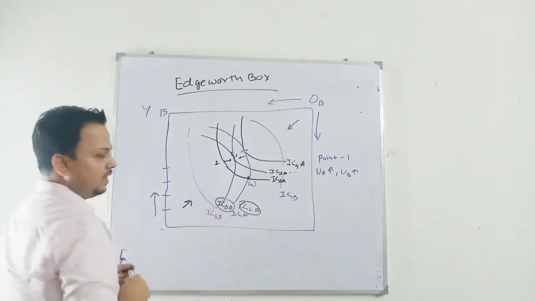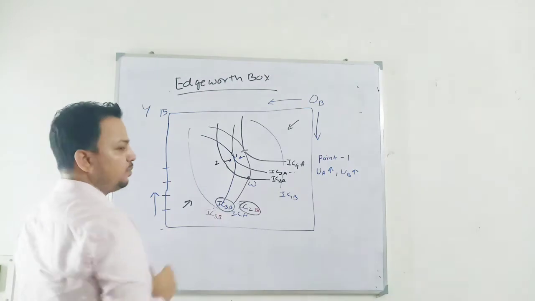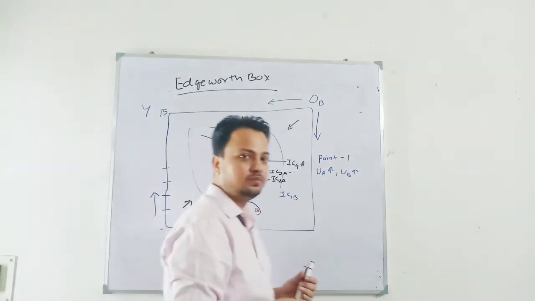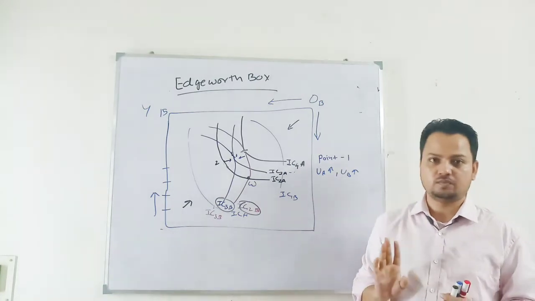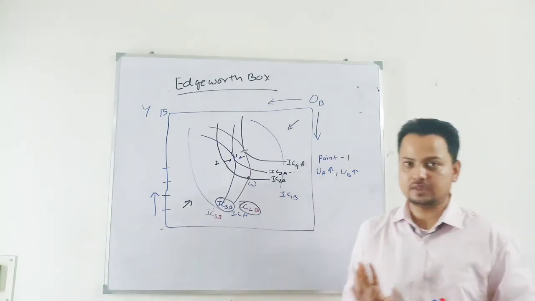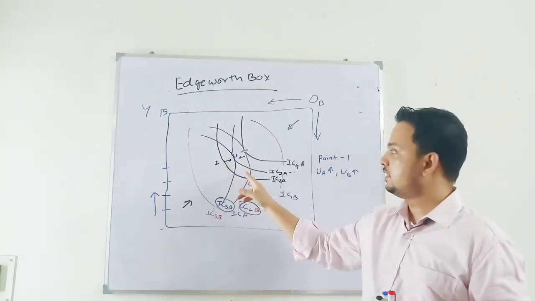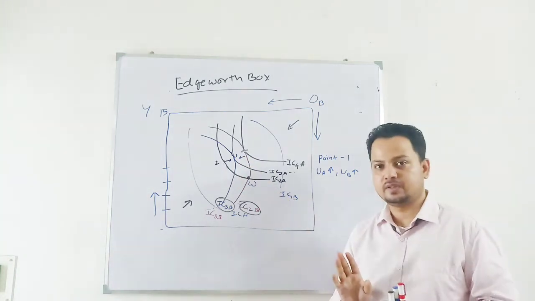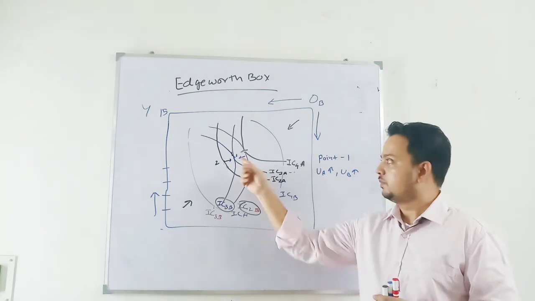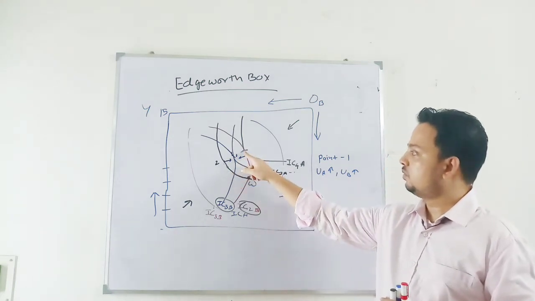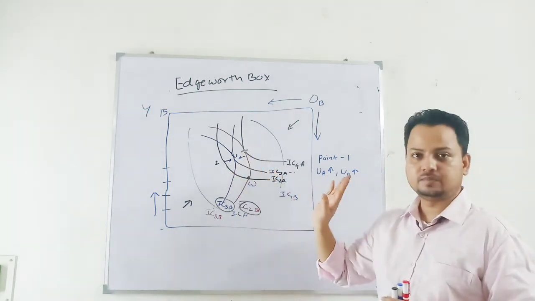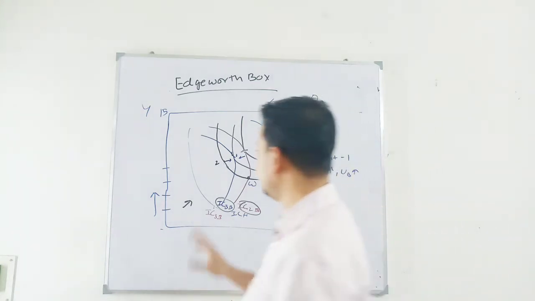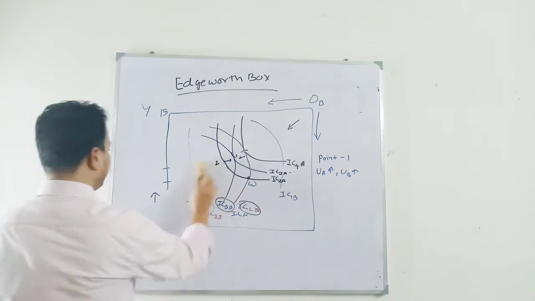So I will draw this graph again. This condition is called Pareto efficient. When it is not possible to make someone better off without making another worse off, it is Pareto efficient. So the tangency point of two indifference curves represents Pareto efficiency. Because when I want to move any one of the consumers, one is getting worse off. Let me explain this separately, then it will be clearer.